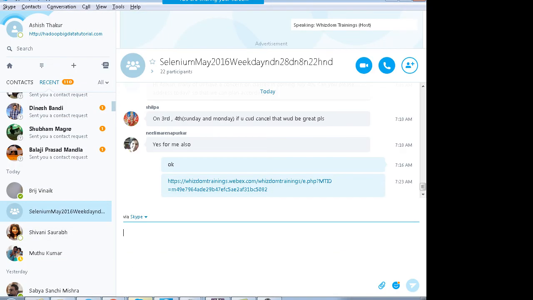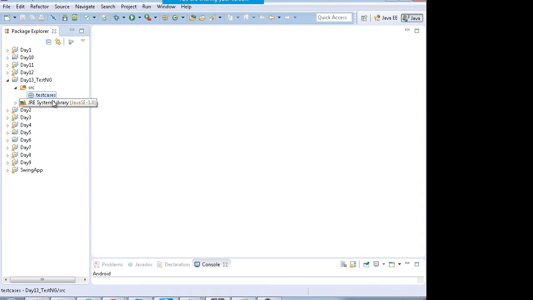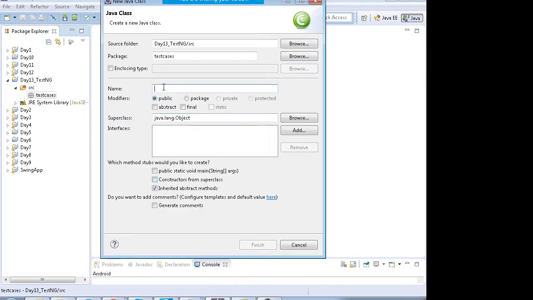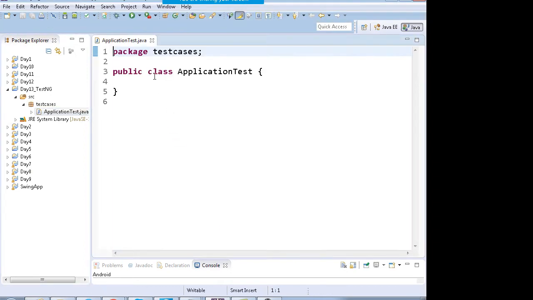Inside the test cases package, we'll create a new class known as, say, ApplicationTest.java.